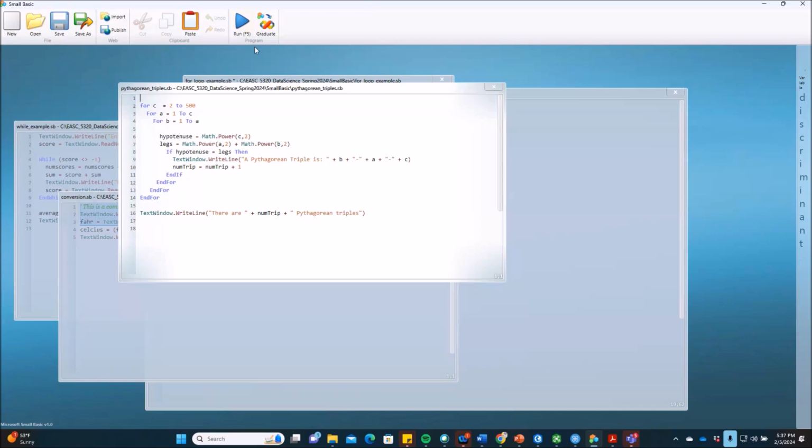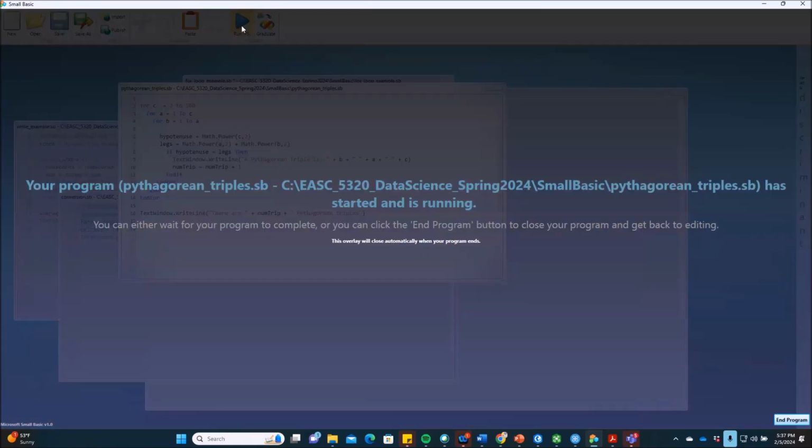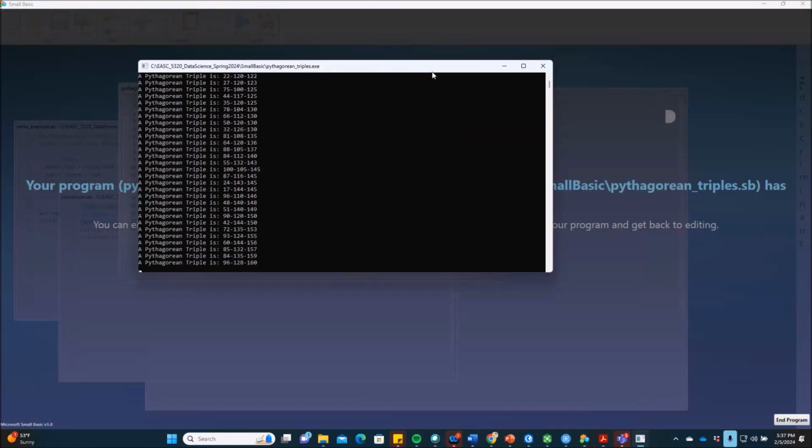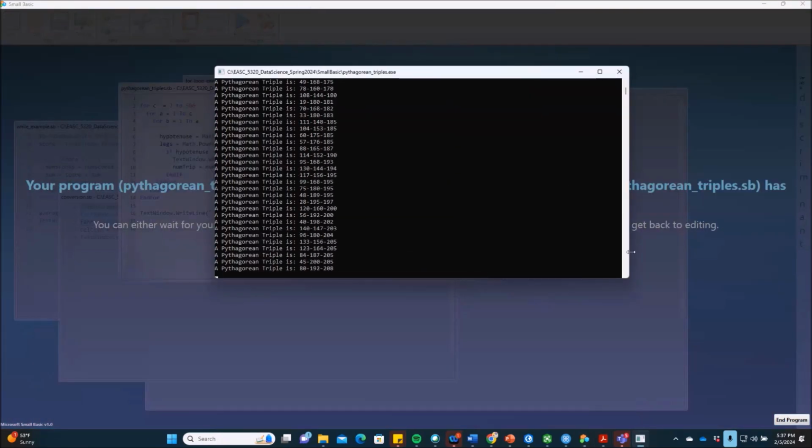No. So I created a little program that kind of does this here. I thought this was kind of neat. But you can start to see all the Pythagorean triples. And look how long it takes to run. You can see 3, 4, 5. And I had these hypotenuses going up to